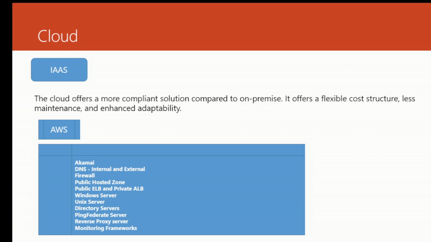In a similar way, in PF07 we'll talk about the SSO high level architecture diagram, so we'll understand a little bit more. But just to give an idea of how, in AWS, I can install my PingFederate in an IaaS service: I'm going to create the virtual machines, install my PingFederate and the PingAccess or the Apache services, and then set up the public elastic load balancer and the private application load balancer,